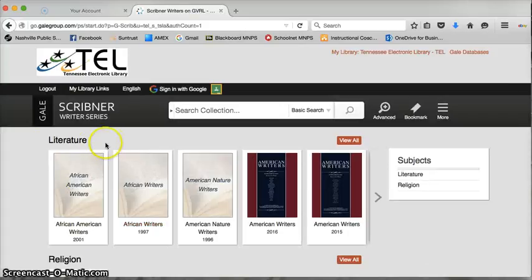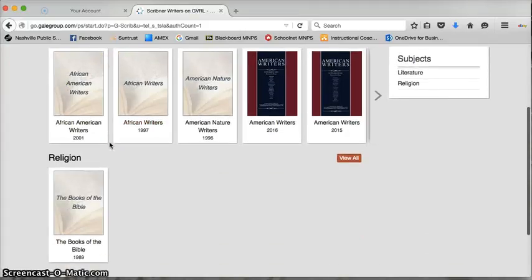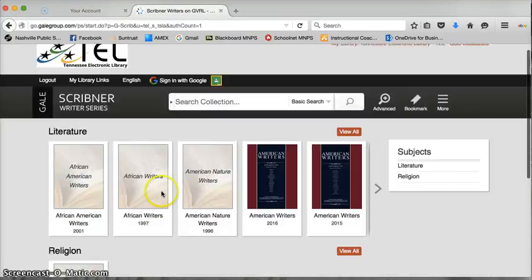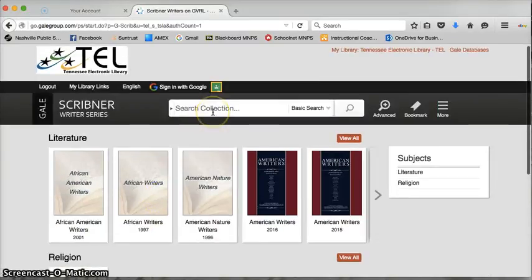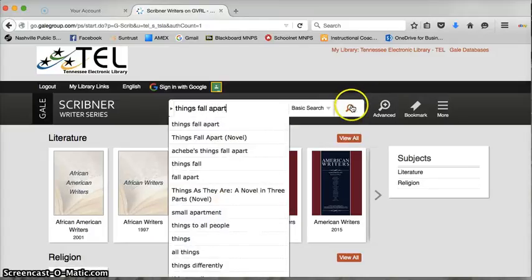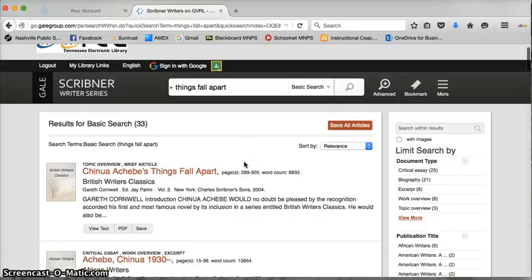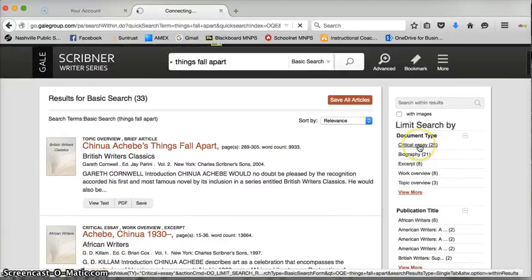All right, so here are different resources that you can look at if you want to look a little more in depth. This is an entire collection of essays on African writers from 17 countries, African American writers. So you can search the same way. So let's put in Things Fall Apart, search. Okay, and so if we want to look at critical essays again,